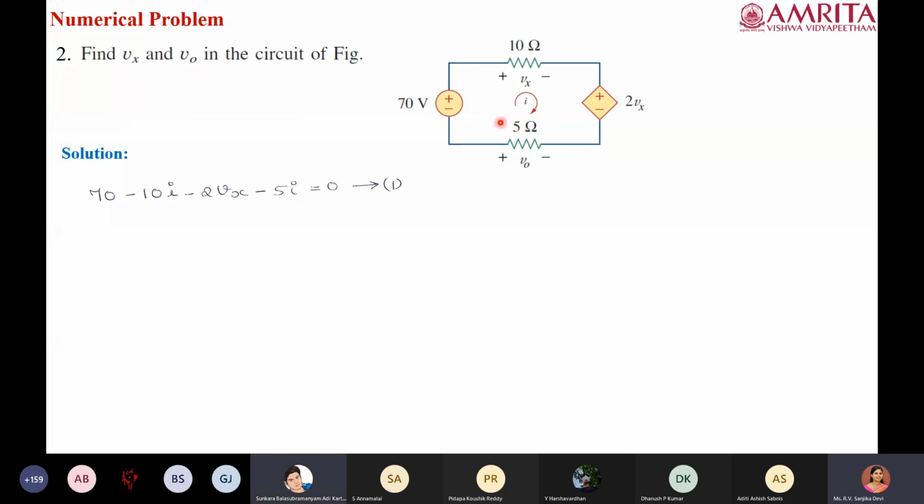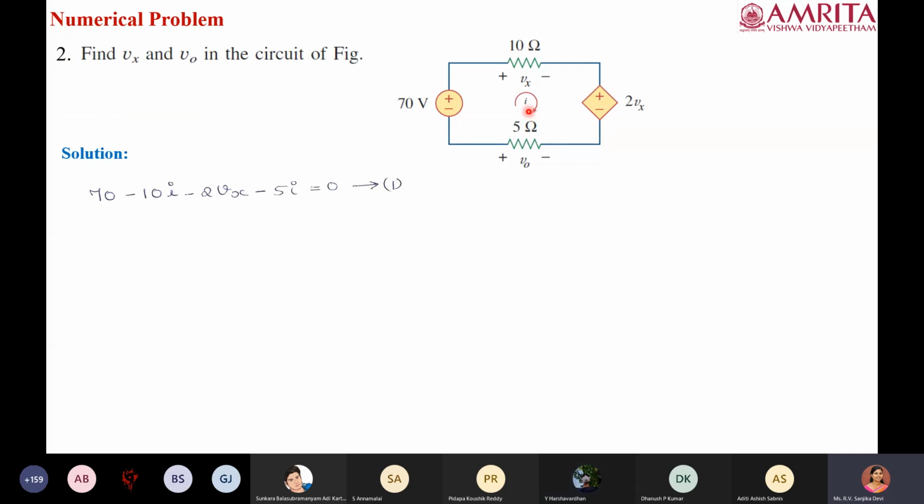Ma'am? Yes. In the 5 ohm, it is coming from positive now. See, that's what I am not following, the convention which is given already. I am just going with the direction of the current. Okay. Yeah, ma'am, but what you took, the minus 5I should not come. It should be plus 5I according to your convention. Yes, ma'am, plus 5I. Just a minute.